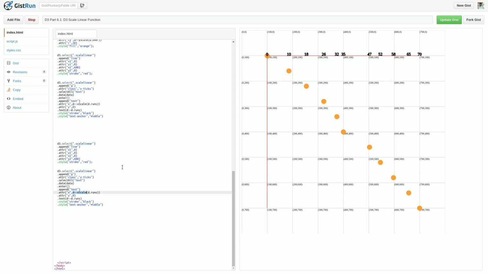Now here for the x I will use the 0, and for the y I will use y scale, and here we will use d dot over, and here I want to show the over, and here I will pass start, and okay. So you can see that your over means your y-axis is available here.